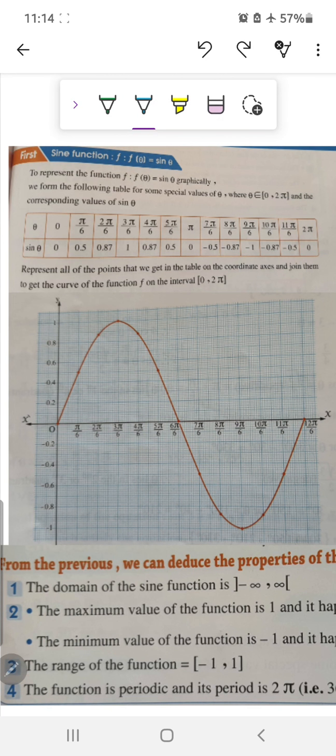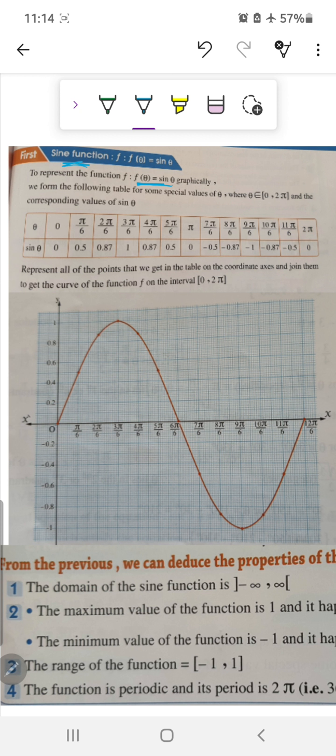Hello everyone, our lesson today is about graphing trigonometric functions. First we have the sine rule, okay? f of x equals sine theta. How do we represent f of x equals sine theta graphically? Okay,